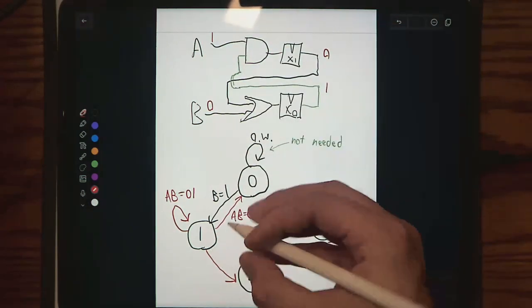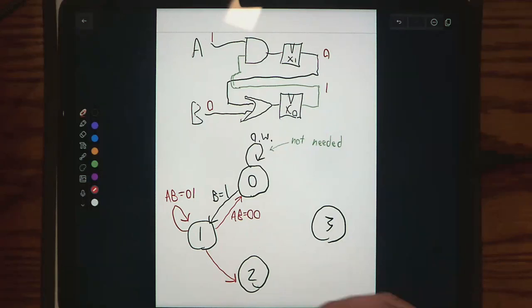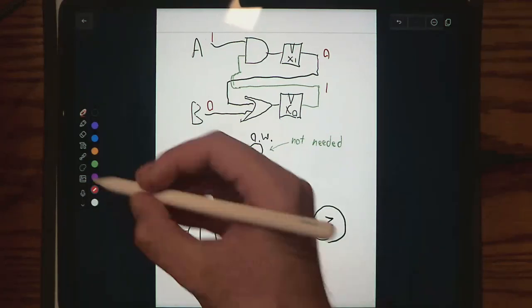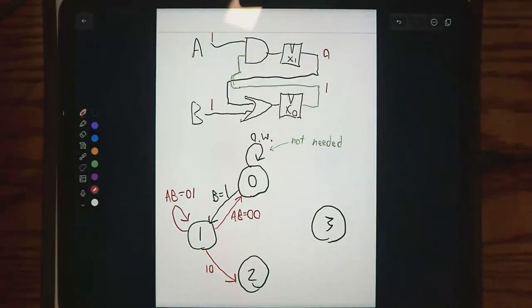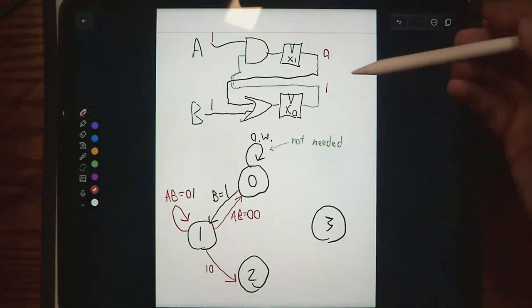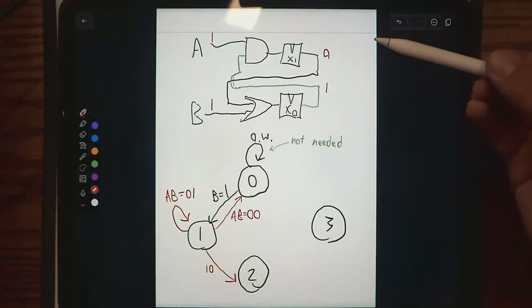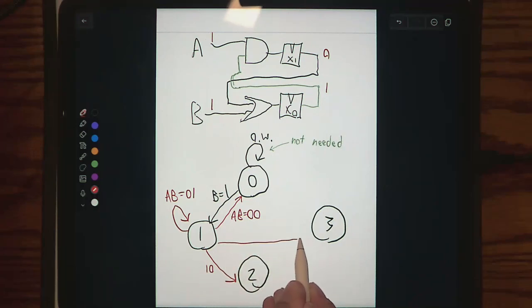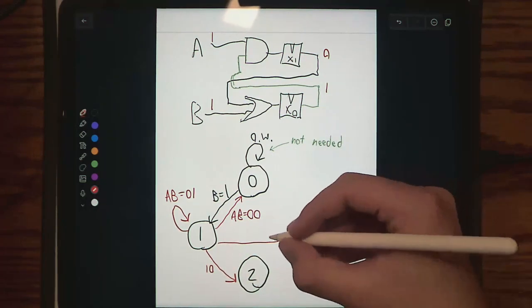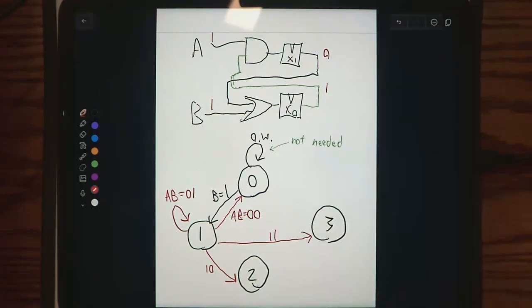So in the case where we have AB, I'm going to skip the AB equals part, I'll just say 1, 0, okay? And then finally, if we have 1, 1, then what will the output be? Yeah, it'll just go all the way over. Sure. Yeah, and notice that kind of interestingly, whenever we are in this state,